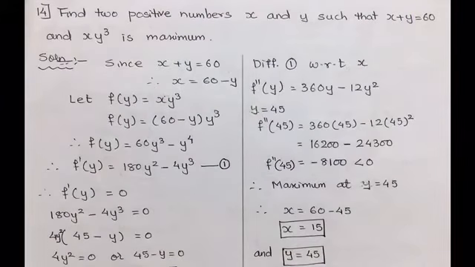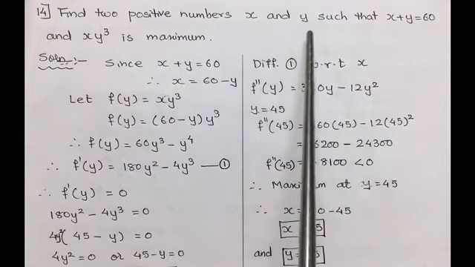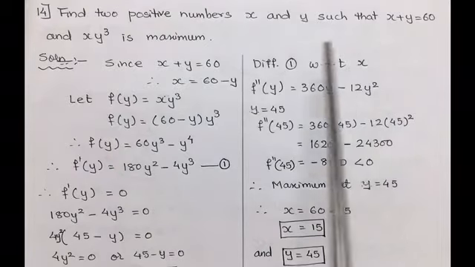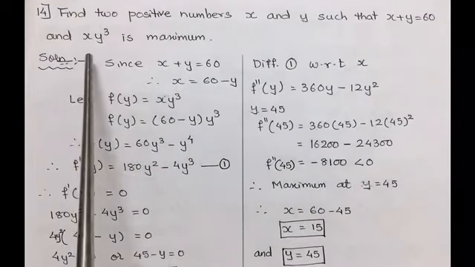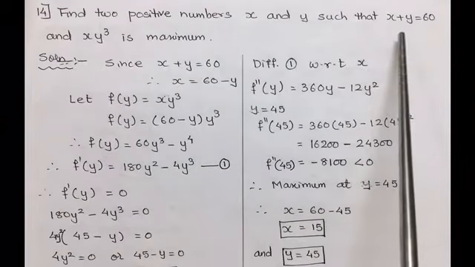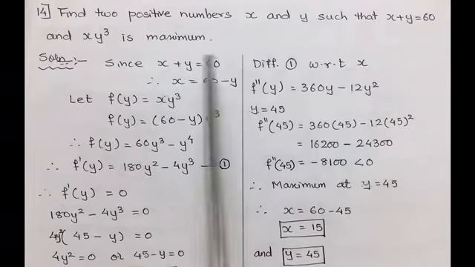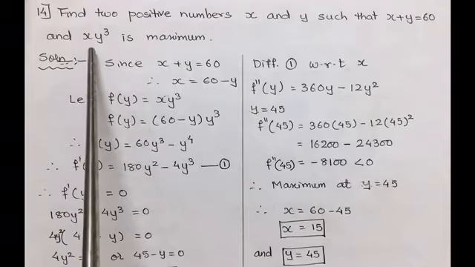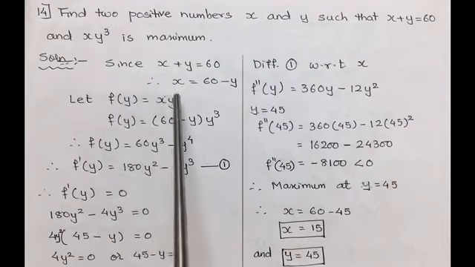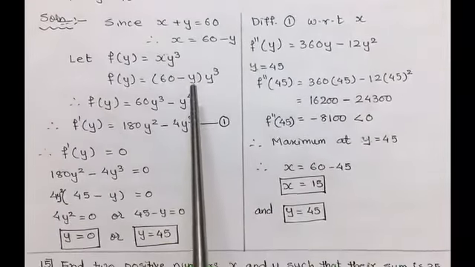14th one is: find two positive numbers x and y such that x plus y is equal to 60 and x y cube is maximum. We need to calculate the value of x and y whose sum is 60 and the product x y cube is maximum. So taking up the statement as x plus y equal to 60,